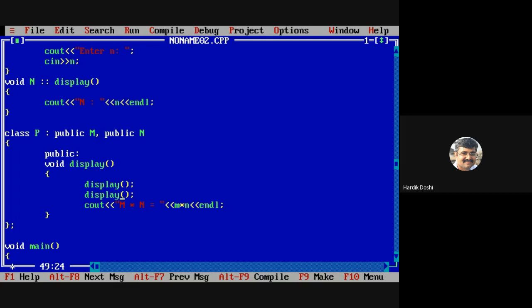We are knowing that this first display should be of M. Compiler. What's the problem? What is to be done?